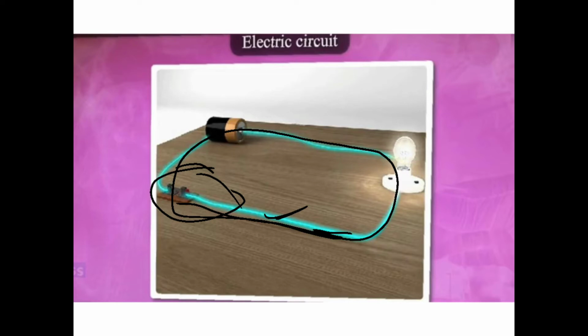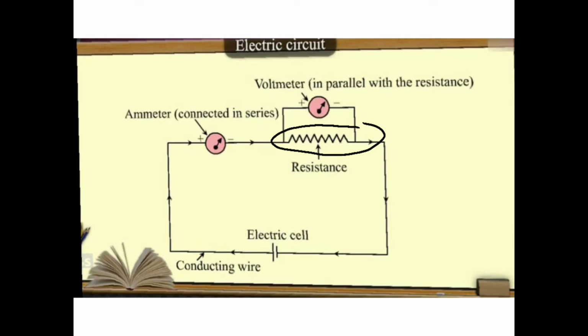So that is not possible. Now all this diagram, we don't draw the diagram using the bulb and the cell. What we use are some symbols. See, this is the normal electric circuit. In this electric circuit, the resistance, the hurdles or obstacles, is denoted by this zigzag line. This is called the resistance.